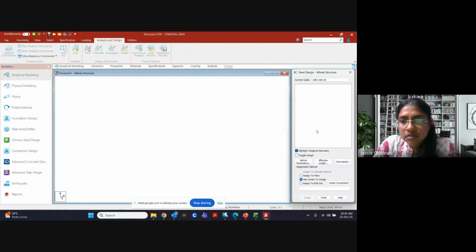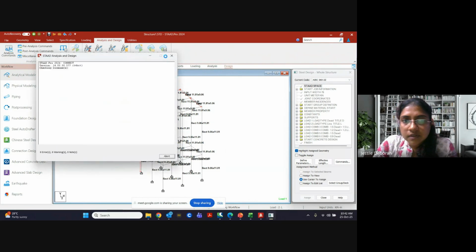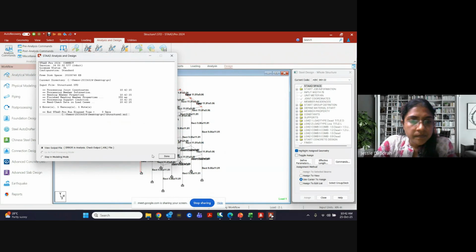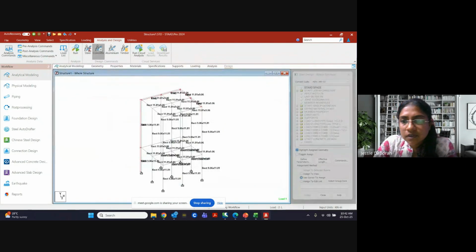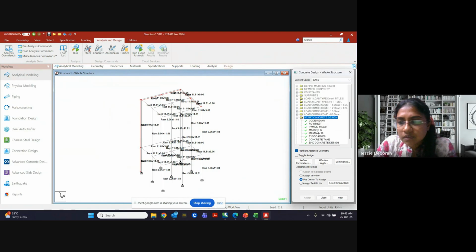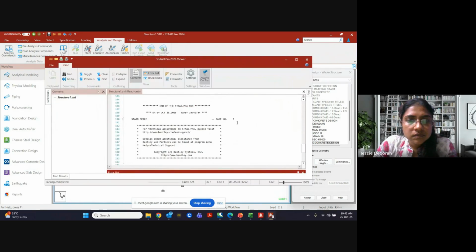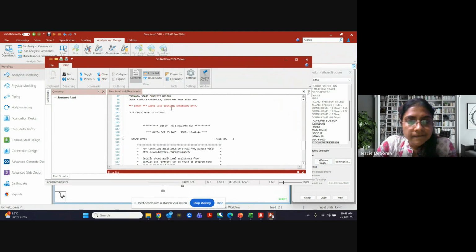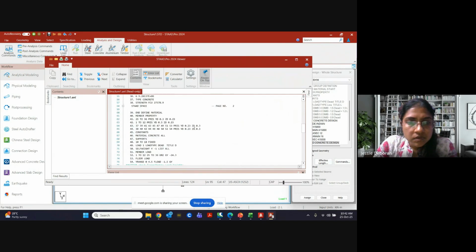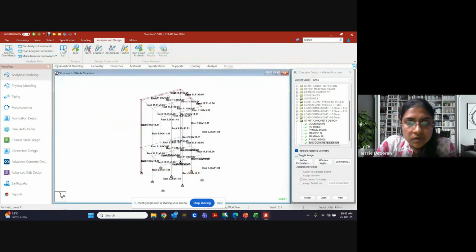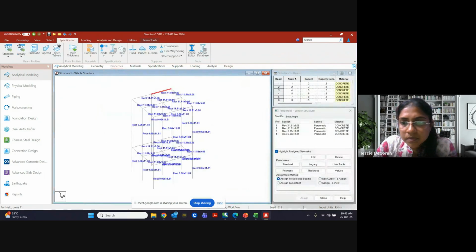Okay. Design. Design. What is the issue? Loading.